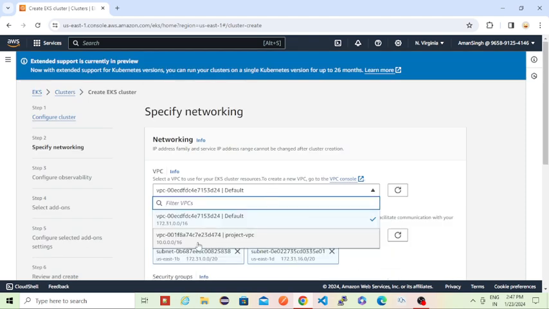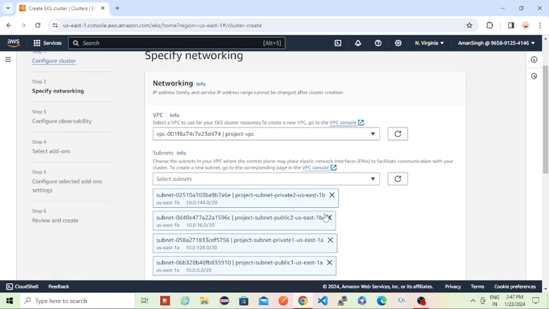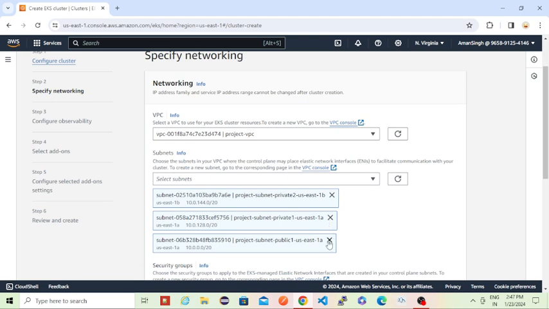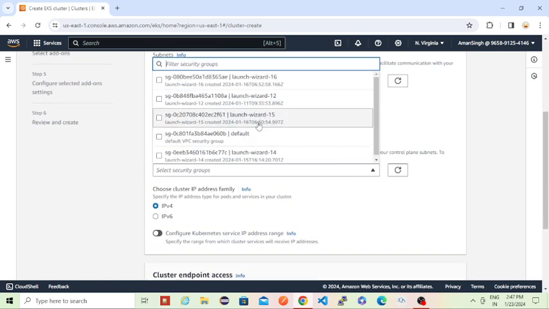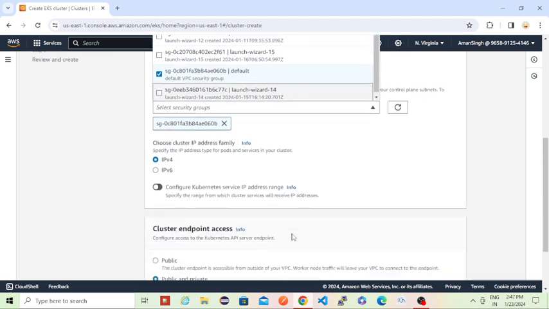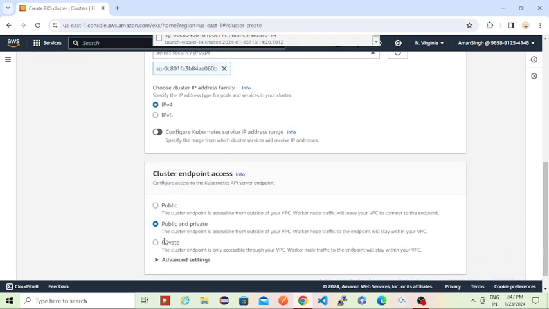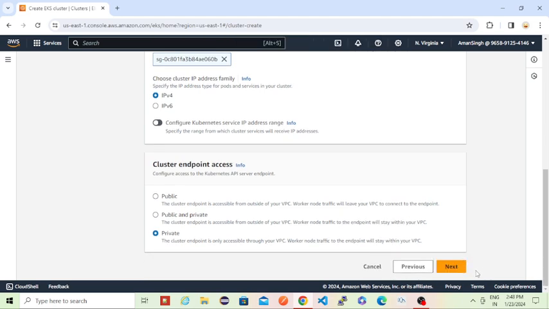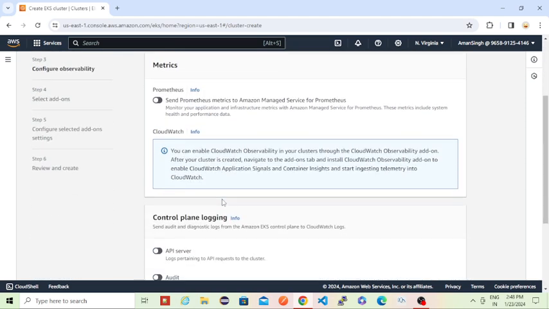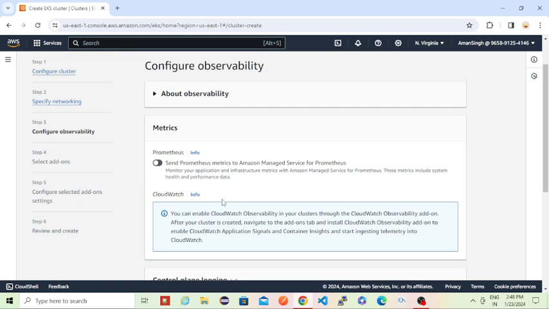And then the VPC I have created is project VPC. As this is a private cluster, I'll be removing the public subnets. And then I'll select the default security group. Here I want the endpoints to be in private subnets, accessible only privately from that VPC. Then I can click on next, and we need to select whether we want to enable Prometheus for